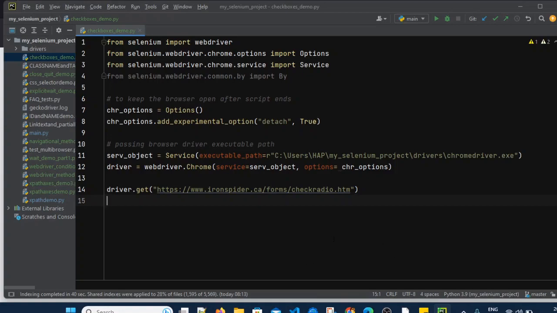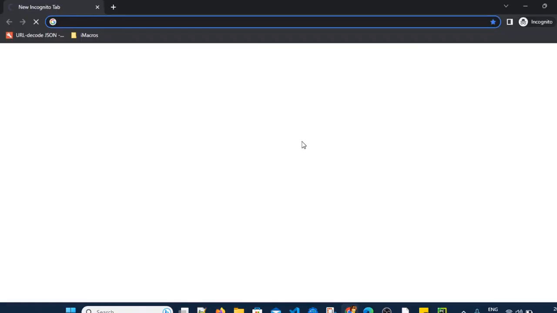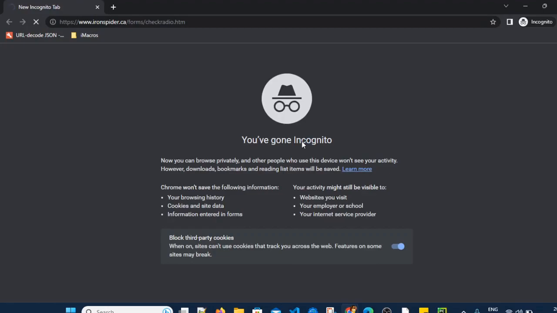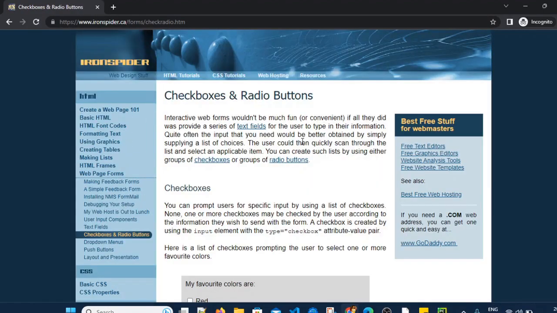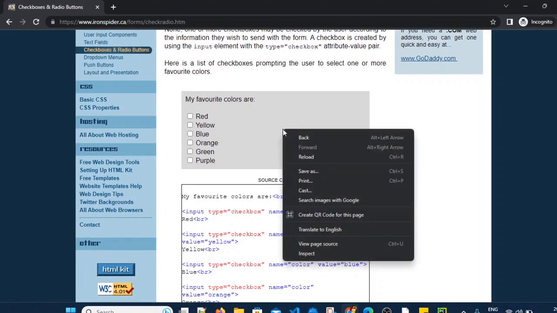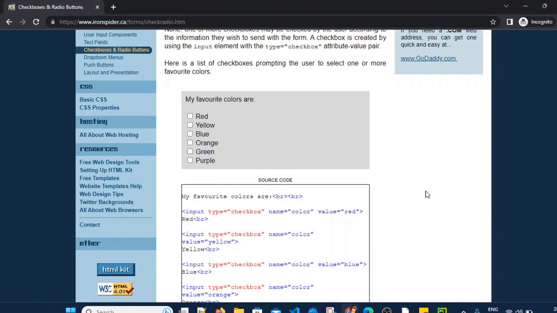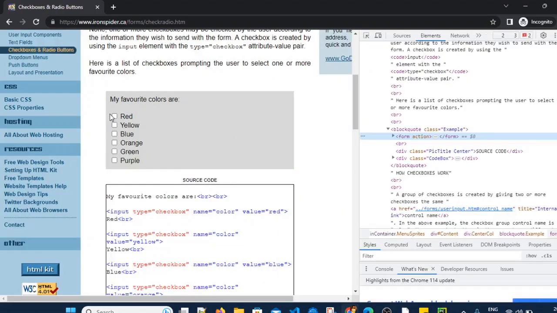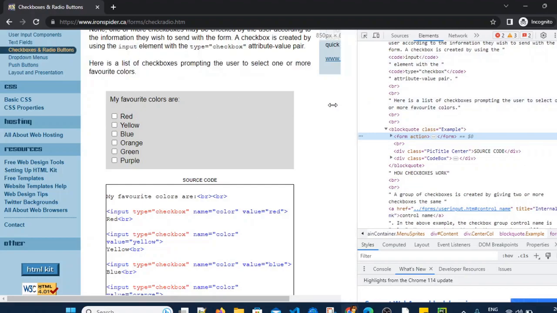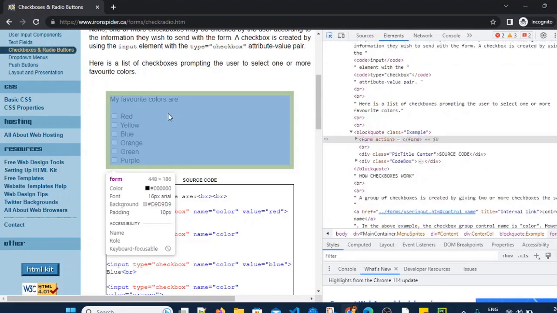So now let's go to that website. Let's inspect element for the red color checkbox. I want to select this red color checkbox, so let's try to find the XPath for this.